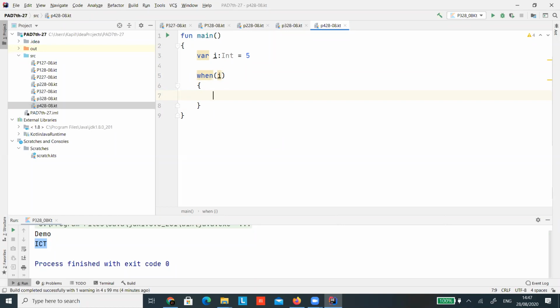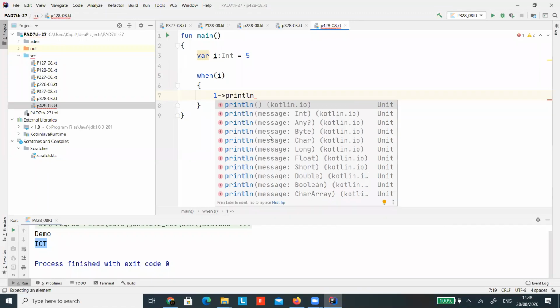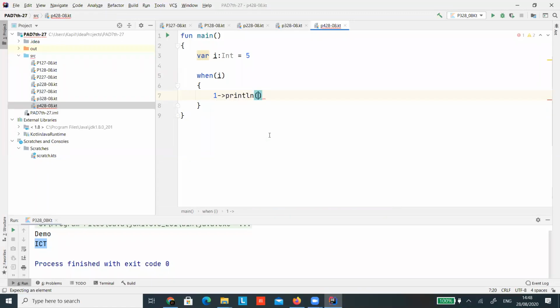You can directly write a value for which you want to execute the case. Here i is an integer, so you write integer values. If it is 1, then println some message.